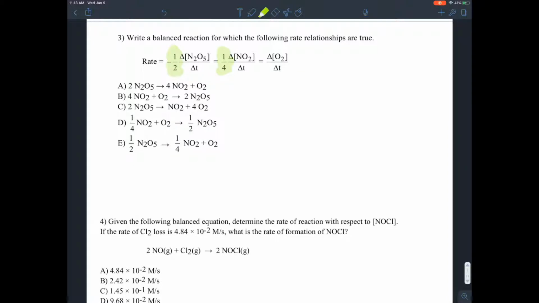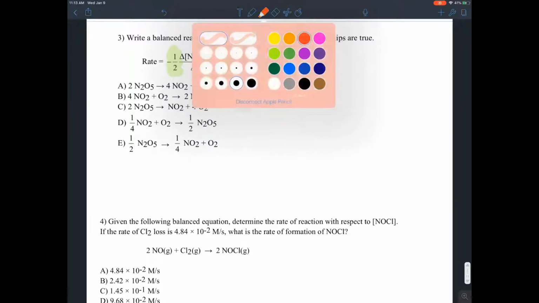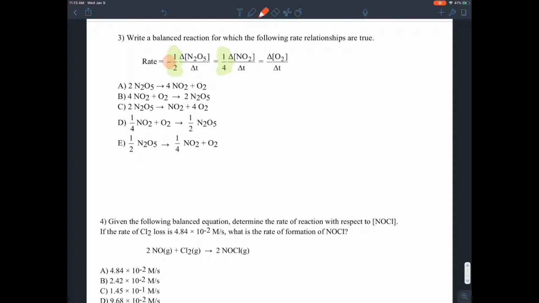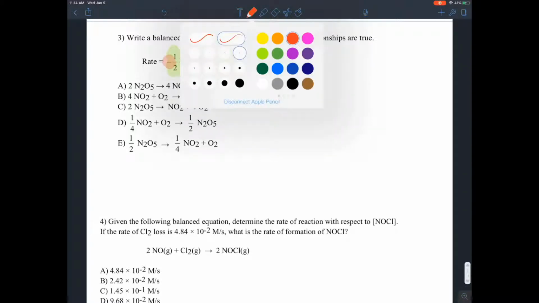So that would mean then in our multiple choice section that these coefficients, like this 2 and 4, for example, better match up, otherwise it's not going to be the correct answer. But that's not the only thing. We also learned an additional fact, and that was that if we keep track of the sign of the fraction in front of the compound, if it's a negative, that tells us that that particular element is a reactant. That was because we added that negative in there to offset the decreasing concentration in the initial problem,